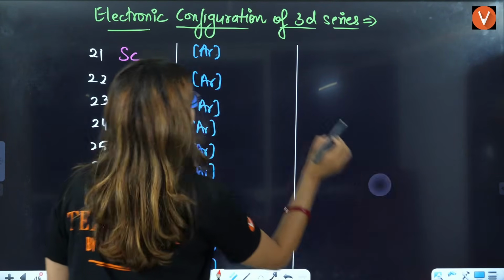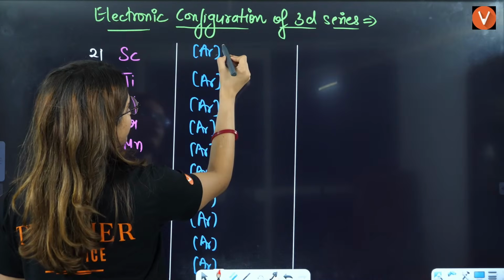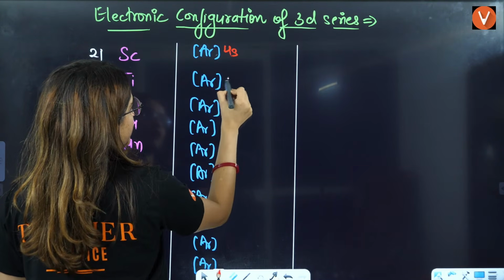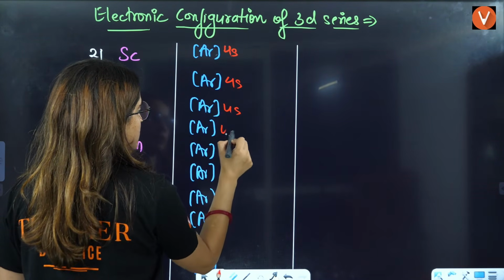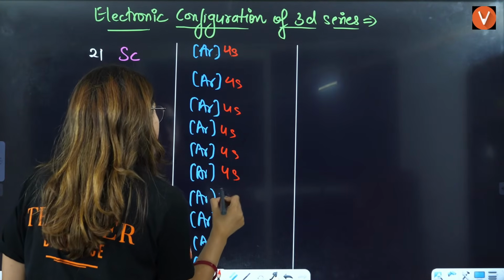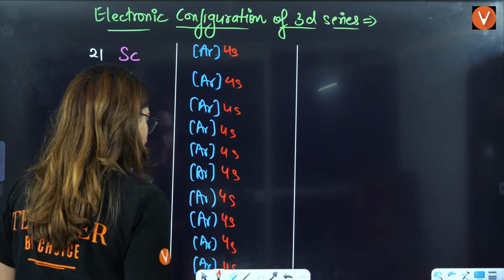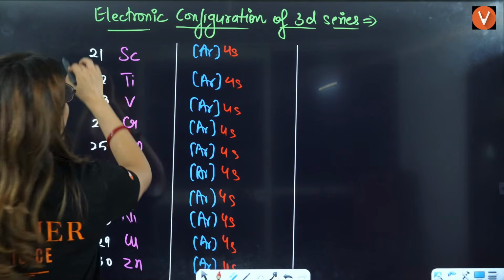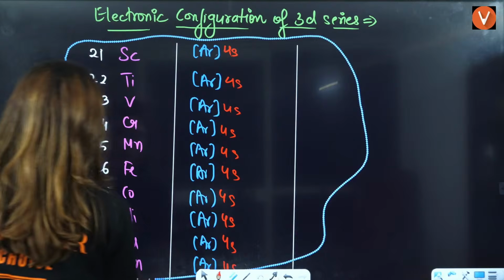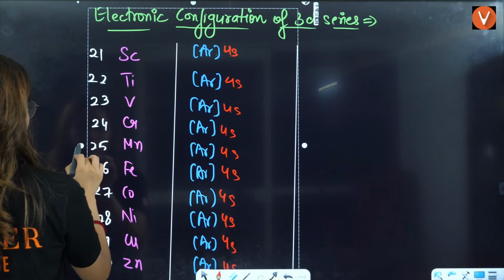Now you can write 4s will be filled first. Yes, 4s for each of them. Okay, here what has happened now? This I need to